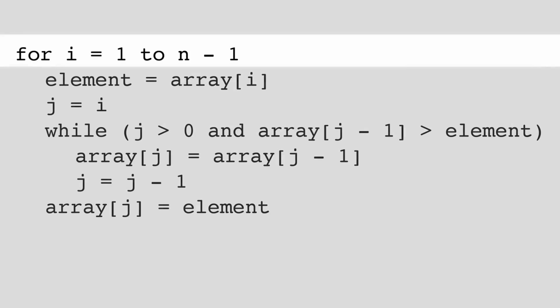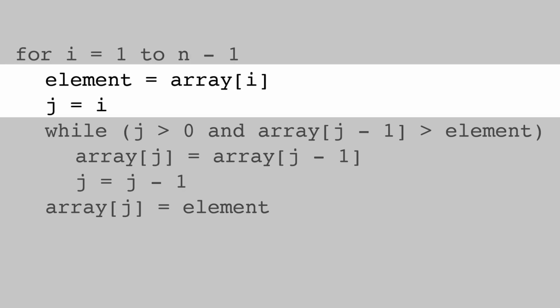On line 1, we can see that we'll need to iterate over each element in the list except the first, since the first element in the unsorted portion will simply become the first element in the sorted portion. On lines 2 and 3, we're keeping track of our current place in the unsorted portion. element represents the number we are currently moving into the sorted portion, and j represents our index into the unsorted